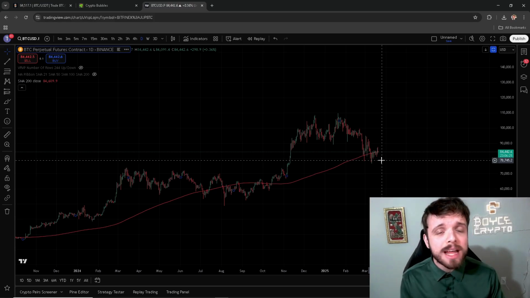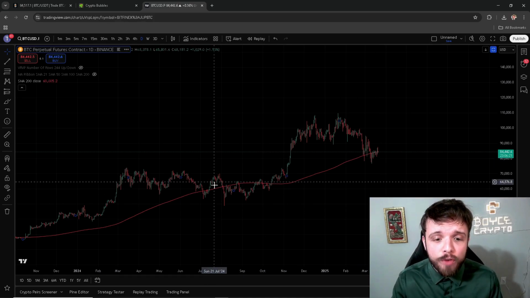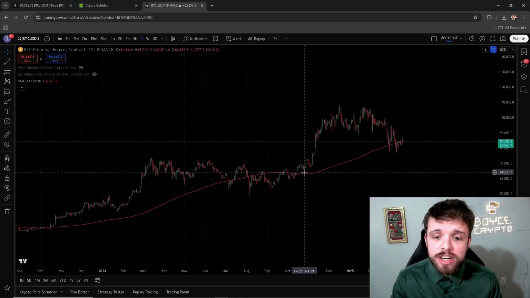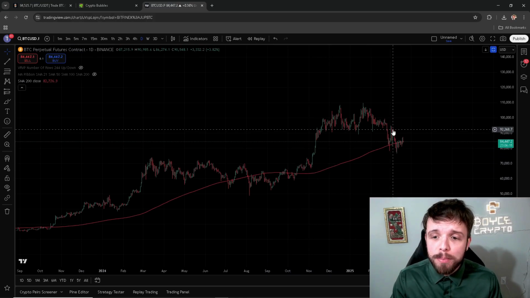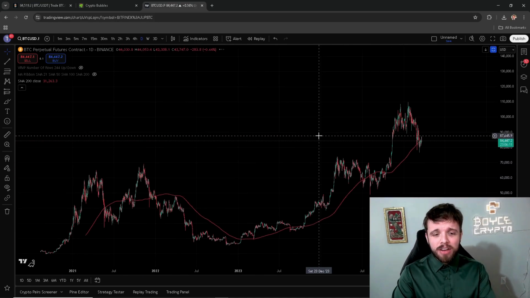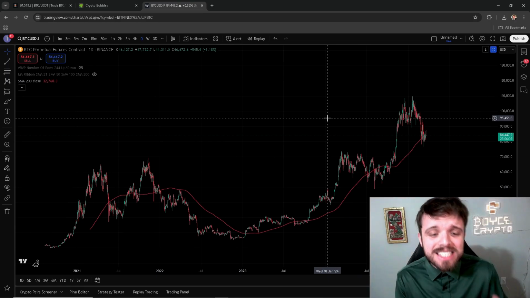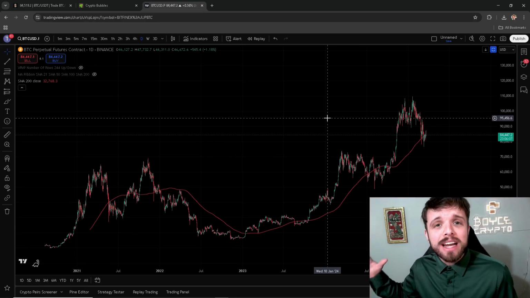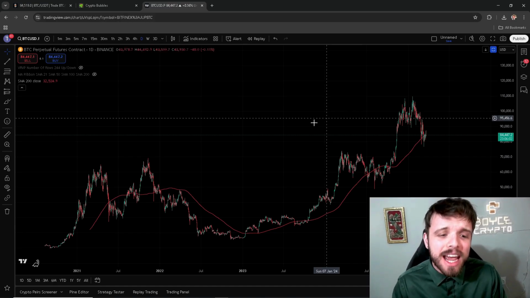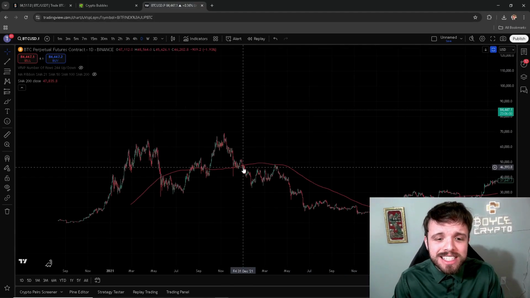Then you have to assume that that red line, that 200 MA, is going to be resistance if you fall below, right? Resistance, resistance, resistance. You get above, it could be treated as support the entire way up. That's just how the daily 200 works. And as we zoom on out here, we can tell that this is a key indicator when determining the macro market trend. This singular indicator would have saved you from the entire